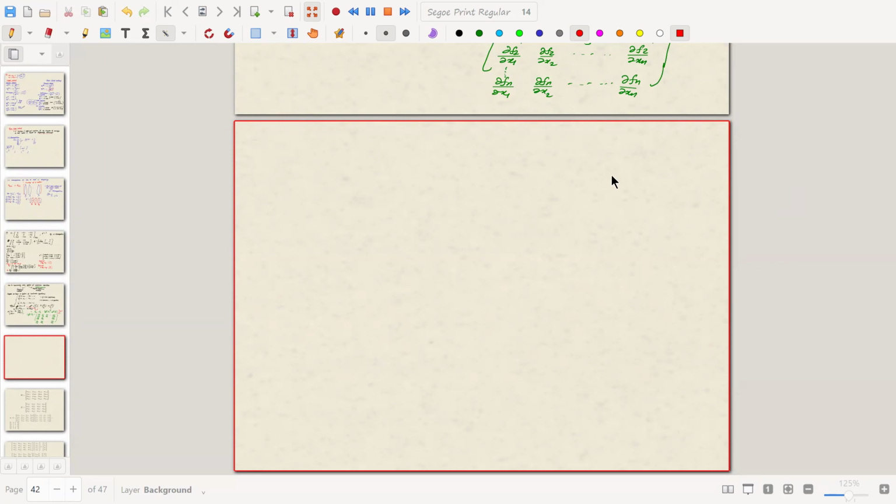Okay, good. So let us start with an example, shall we? Let us solve the system of nonlinear equations given by